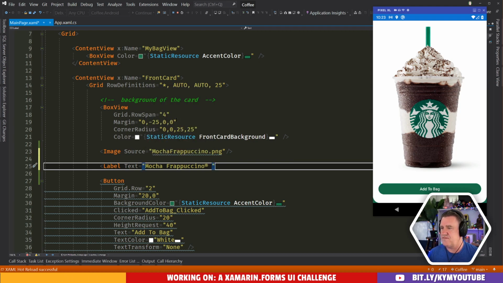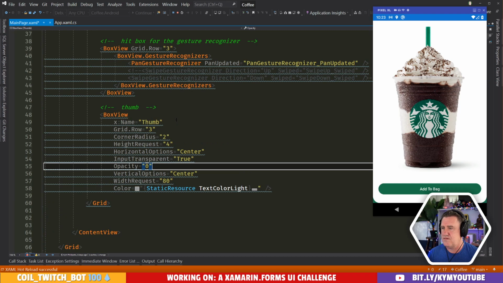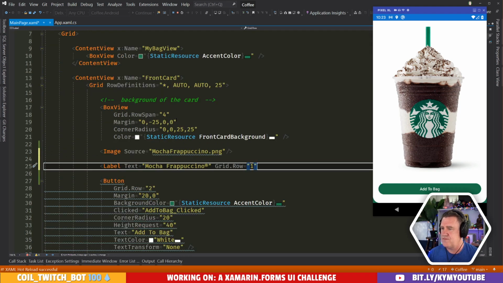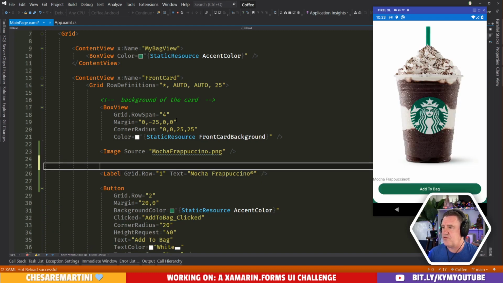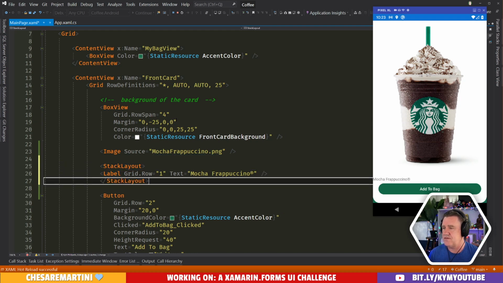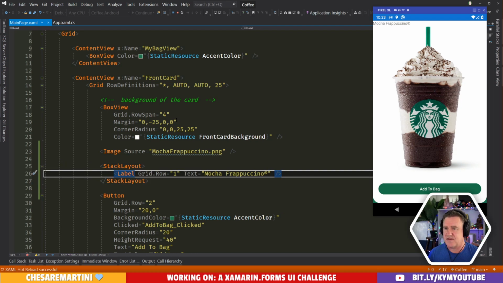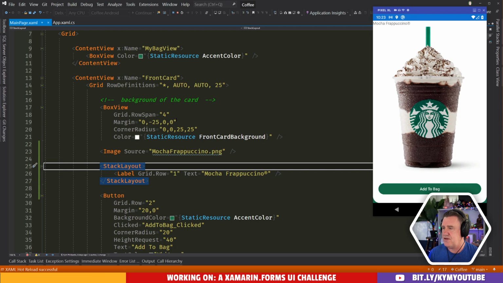Registered sign, mocha frappuccino. Add this into grid row 1. In fact, what we probably want to do is we'll put a stack layout around this whole thing because we got more stuff to come. Mocha frappuccino in grid row 1.